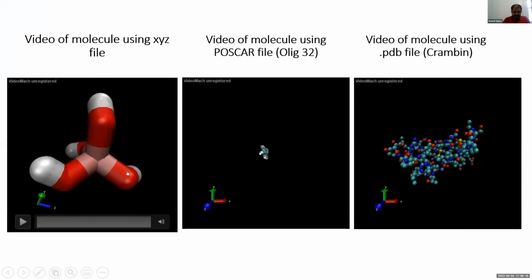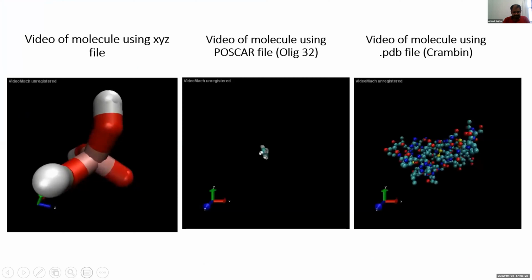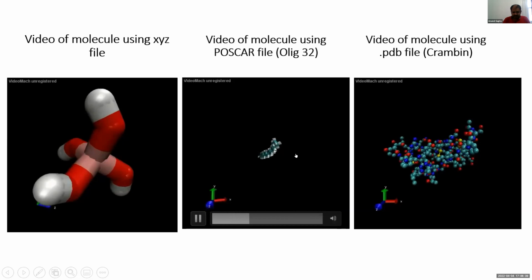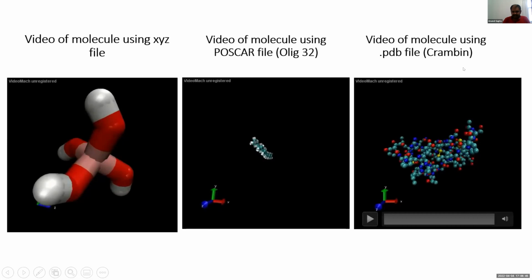So these are the 3 movies I created. I just want to show. This is from using the XYZ file. So this is the first movie that I created, and the second one is the Olig 32 molecule, which I created by using the CONTCAR file. And the third one I used is